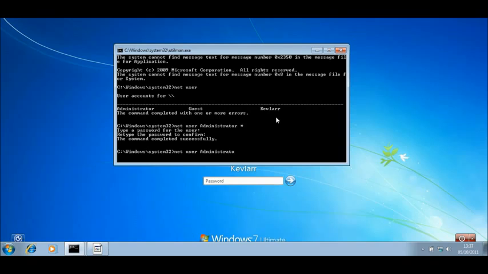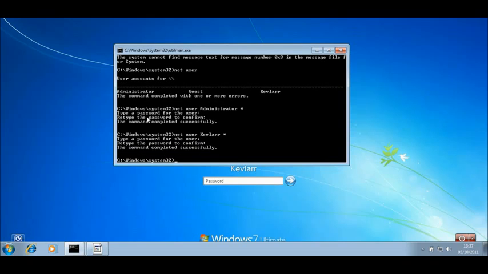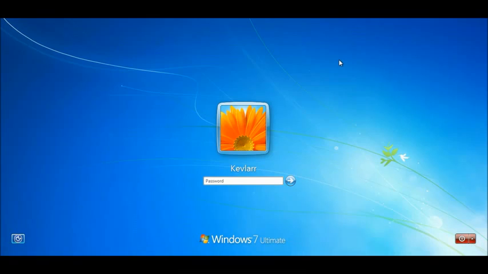And if you want to change it for a user, you just type in Kevlar, which is my user, and then star, and then it says type a password for the user. I'll type in QWERTY again, and the command completed successfully for both of them. So you can just type exit to go out of that, and then if you type in the password,